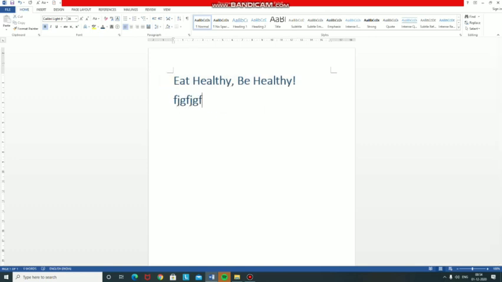Then multiple lines of text. So first I am writing. If I want to select the multiple lines, click and drag the selection bar to the left of the lines, like this. Then a paragraph: double click the selection bar or triple click anywhere in the paragraph. Like this, you can select a paragraph. Then a sentence. Press and hold Ctrl key and click anywhere in the sentence.